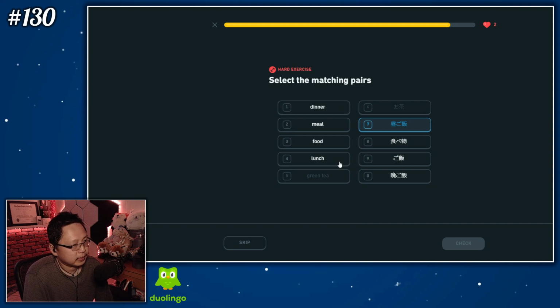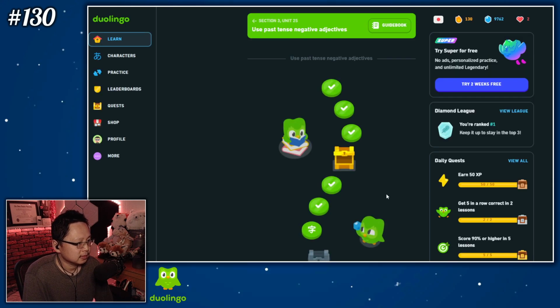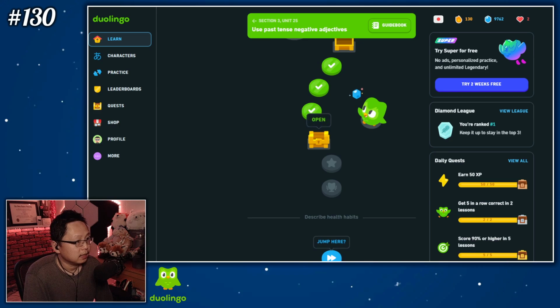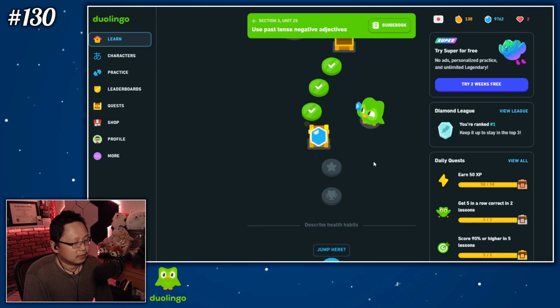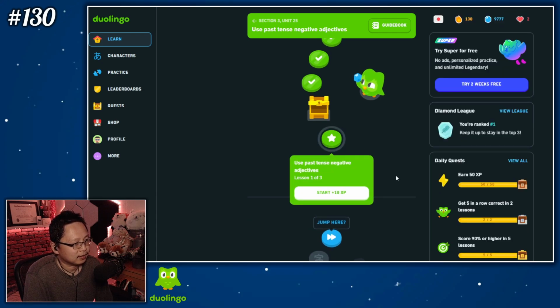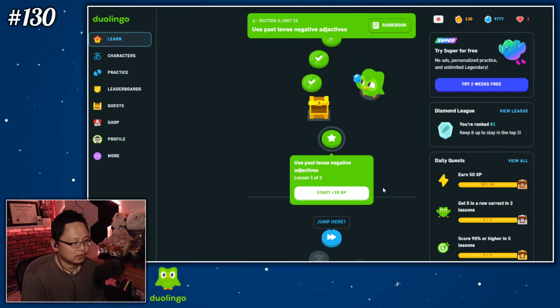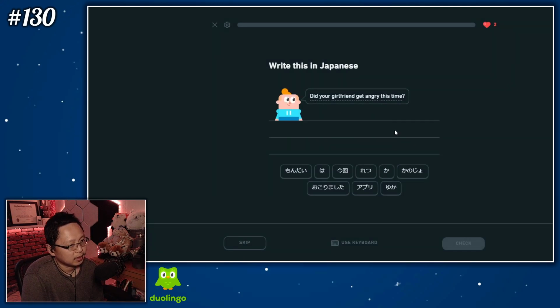Hiru gohan. 食べ物。ご飯。晩ご飯。The more you know, right? Okay, so I have 2 hearts and 4 lessons to go before we switch gears. Let's try to stay vigilant here. Okay. 今回。